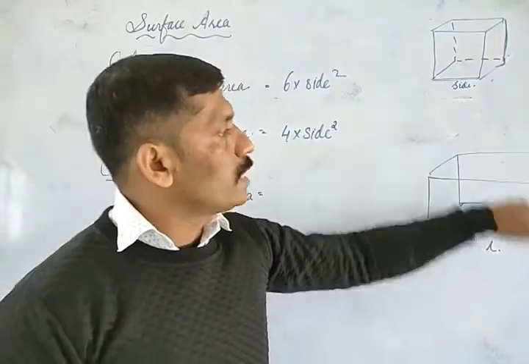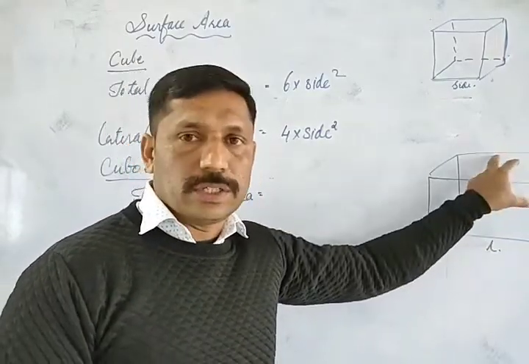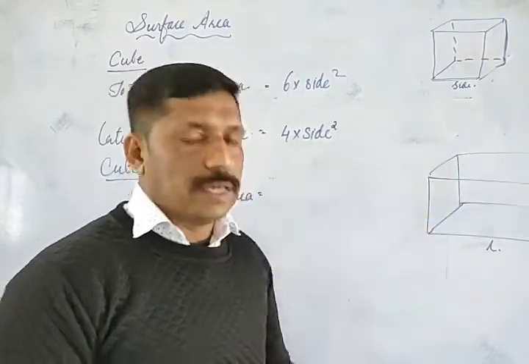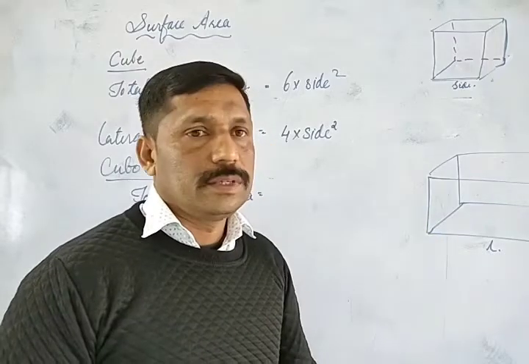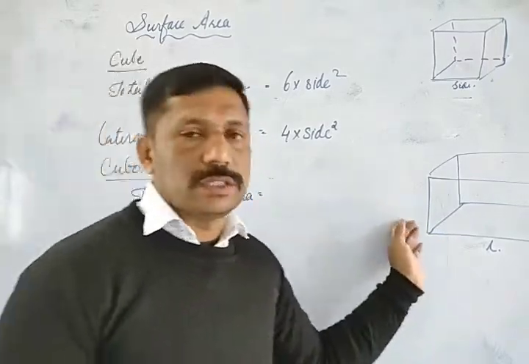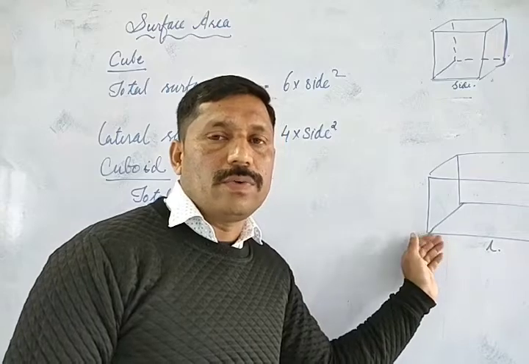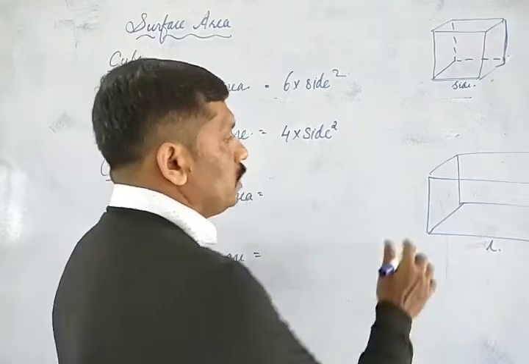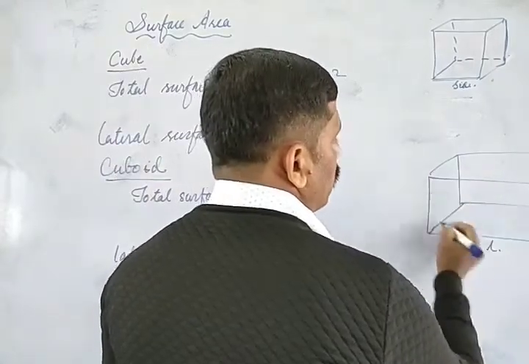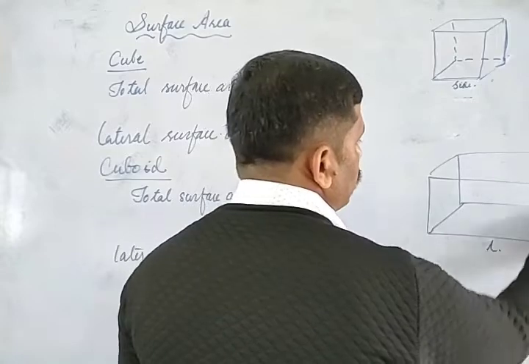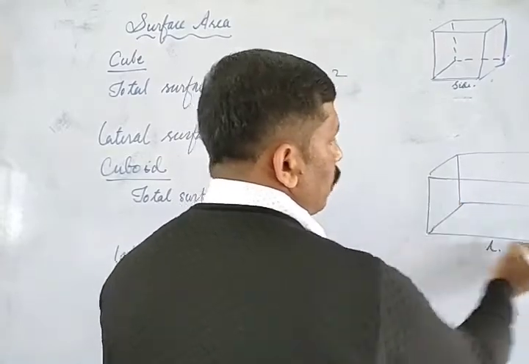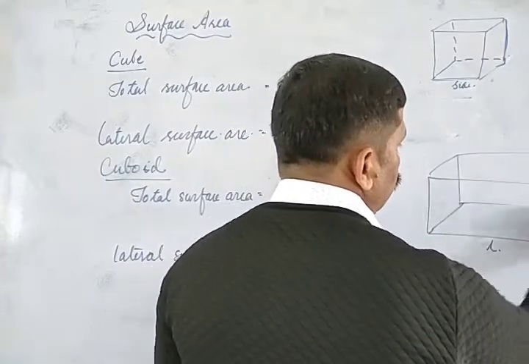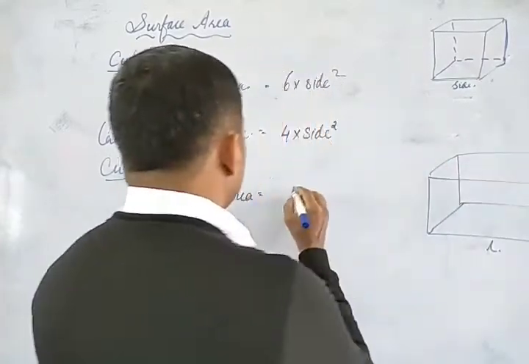In a cuboid also you can see 6 surfaces. One is up, another is down, one is front, another is back, and both sides, right and left. So the area of all these faces is the area of this cuboid. Here we take the area of the first face, that means length into breadth. This is a rectangle shape. If we take only the front side, length into height, and downside is length into breadth, upside also length into breadth.